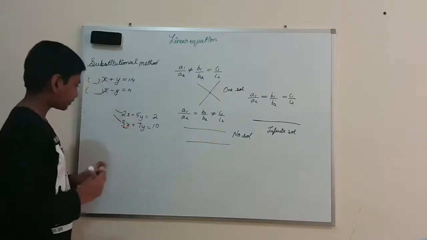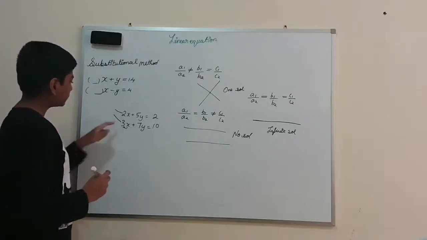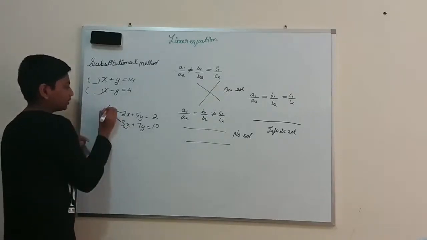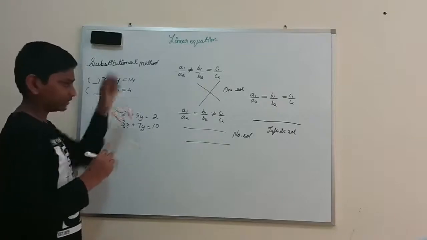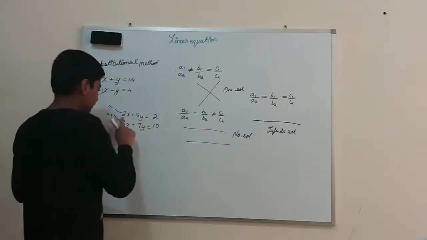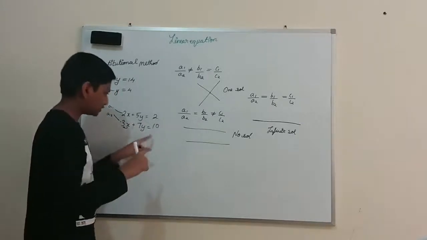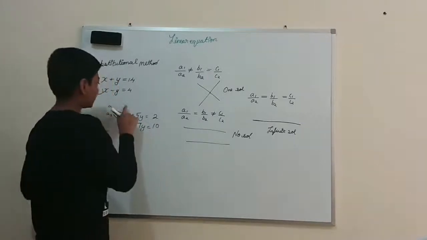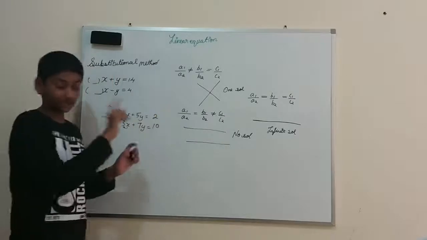Okay, so the coefficients for x are nothing but a1. So this will be a1. Why a1 here? Because it is at the topmost. So the downmost will always be a2, because this will be the a2, b2, c2 group, and this will be the a1, b1, c1 group.